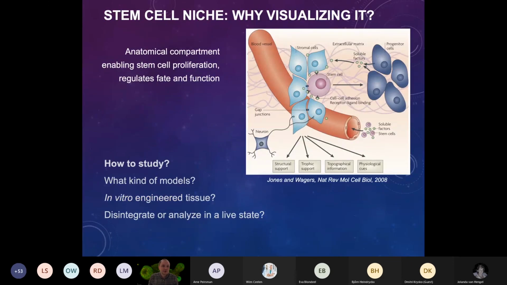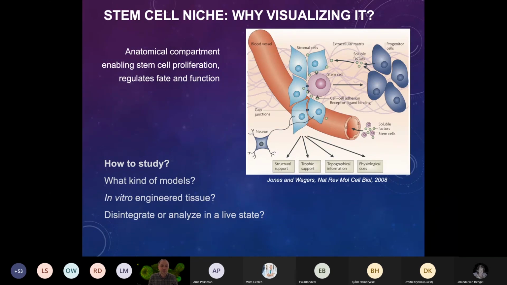So one of the main problems, probably discussed a little bit here during this symposium, is visualization of the organoids and tumor spheroids and also gastruloids indeed. And for instance, the stem cell niche is a very important anatomical compartment, which consists not only of the stem cells, but also of topographical cues, physical parts of the extracellular matrix, trophic factors, and many other